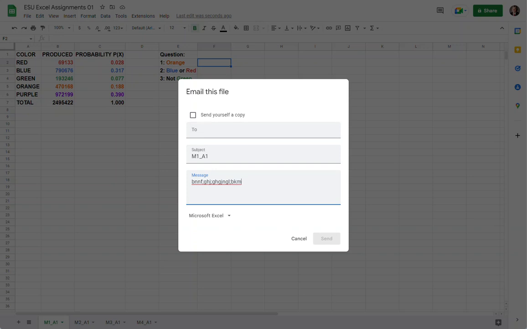It will come over to you as an Excel file. You can title it however you need to. It's going to come over as whatever your Google Sheets thing says at the top. You can rename that to the last name, first name, M1A1, as I say to do in the assignment, and